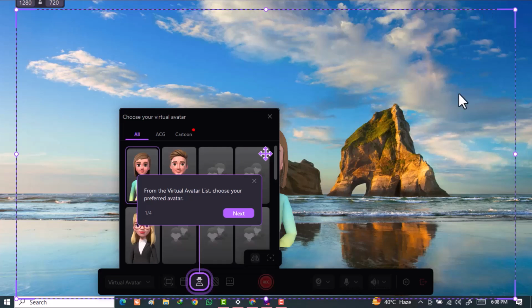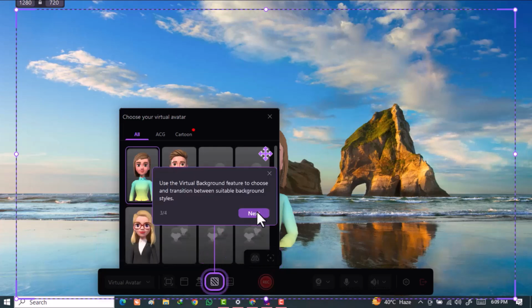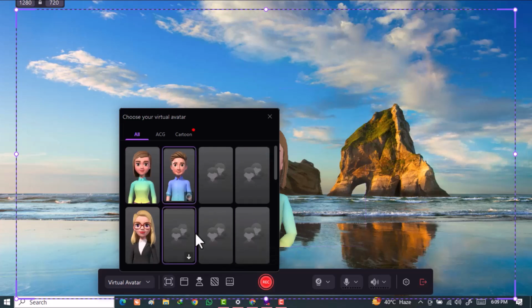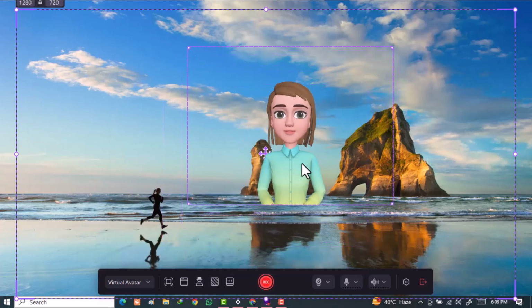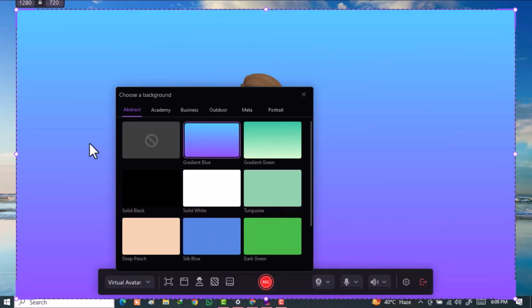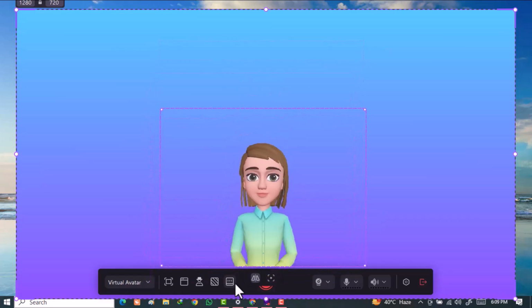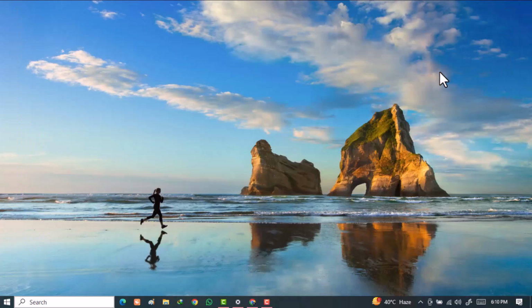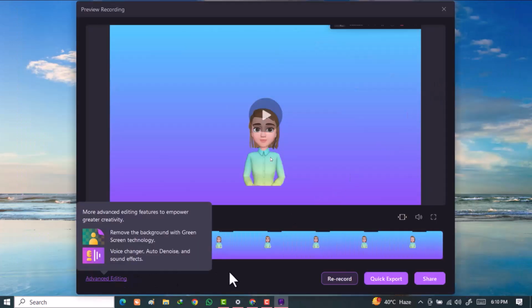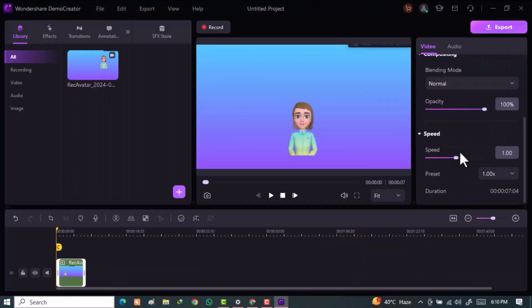It is integrated with VRoid Hub, a platform that enables users to share their VRM 3D characters by connecting their VRoid Hub accounts with Demo Creator. Users can enjoy greater flexibility in terms of selecting any virtual characters they want to use. Furthermore, VRM offers advanced features like facial expressions and eye tracking, which are important components for creating immersive and expressive virtual characters to ensure the avatars appear exactly as intended in videos. Demo Creator also provides customization options such as adjusting the angle, size, and position of the avatar.